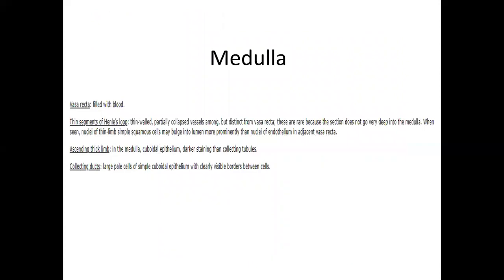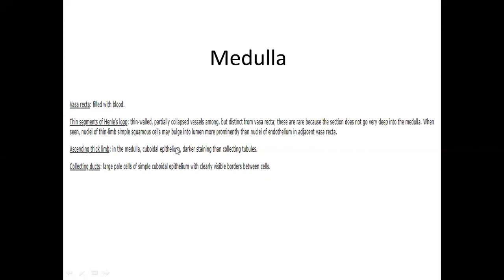Within the medulla of the kidney, we have to look at the vasa recta, which are the thin blood vessels surrounding the loop of Henle. Then we have to look at the thin loop of Henle, which is very thin walled. If we look at its lining epithelium, it is lined by simple squamous epithelium, and this simple squamous epithelium will be exactly the same as the endothelium of the adjacent vasa recta. How to differentiate the two, we will do further in the micrographs. Thin segments, the segments of the loop of Henle, will not have RBCs, no blood, but the vasa recta, because they are blood-filled capillaries, will necessarily have RBCs present inside them. Then we will look at the ascending and descending thick limbs of the nephrons which are present in the medulla.